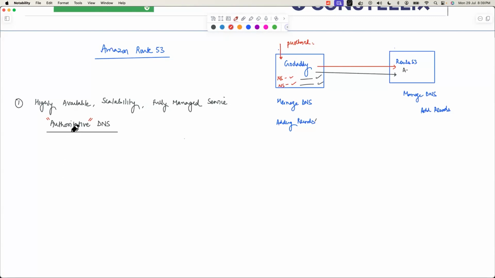In these authoritative servers, there are DNS records, and these can be updated by the customer,